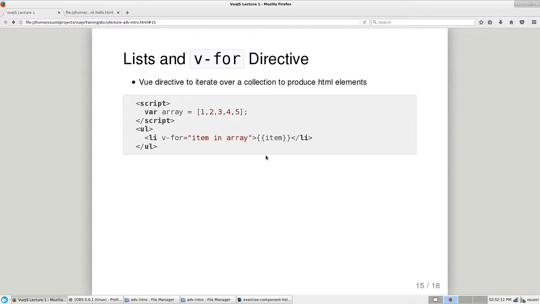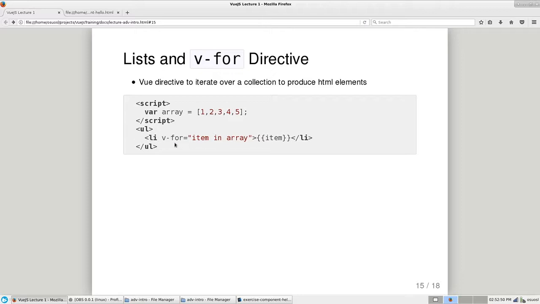So that's all good and fine, but sometimes we have quite a few things that we want to render in multiple different ways, or the same way actually. And for this we will use the v-for directive. We've talked about this before, but say we have an array here with some numbers. This is just an example. We'll create an unordered list, a UL tag. Within the unordered list, we'll have a list item, li tag, and the v-for directive goes on the